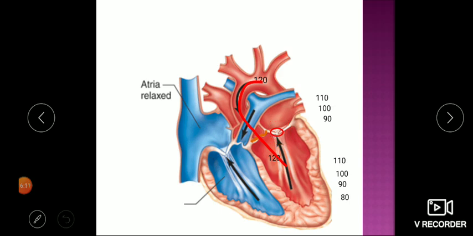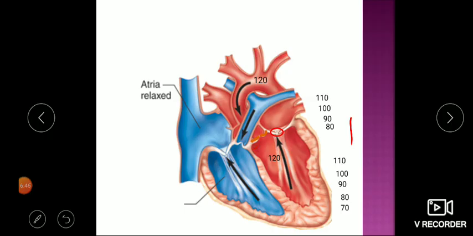Now the ventricle continues to relax and the pressure has now reached 80. In the aorta also it becomes 80. Now what will happen? The pressure continues to fall in the ventricle, 70. But as I have told you, the lowest pressure in the great vessels or aorta at the end of diastole is 80. It will never come down beyond this. It is called the Windkessel effect. We will discuss it during the hemodynamics of circulation. So when the pressure in the ventricle becomes 70, this valve closes. That is, the semilunar valve closes now.